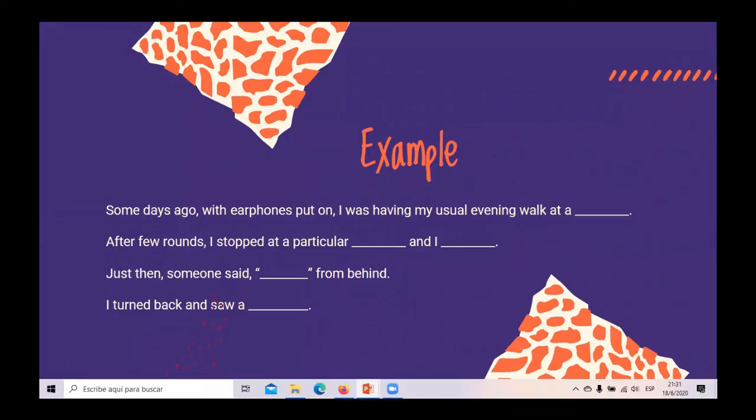For example, the teacher can start dictating a short story, like: some days ago, with earphones put on, I was having my usual evening walk at a... and in this part, the teacher stops the dictation and the students have to think what story can continue. So depending on what they have written before, they have to add